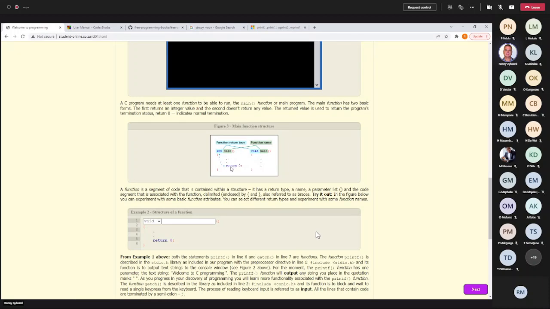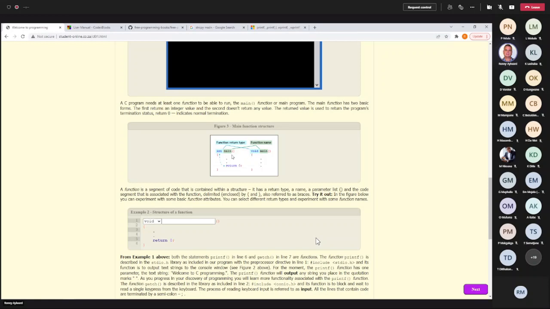You don't need to have the return value. In the past, you needed. It depends on the compiler, but the compiler that we have, for the moment, automatically returns a value. Or you can say void main, which is the name of the function, round brackets, curly brackets.